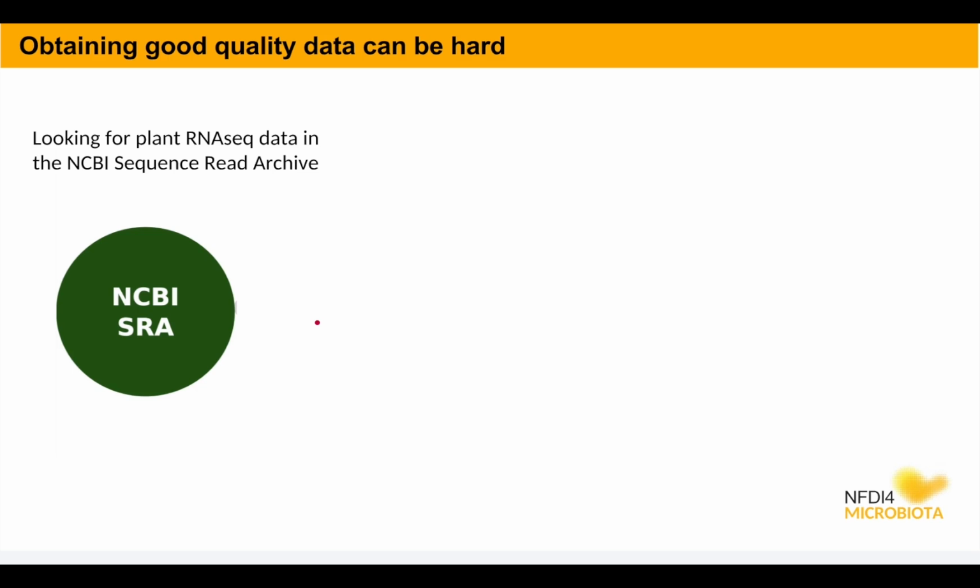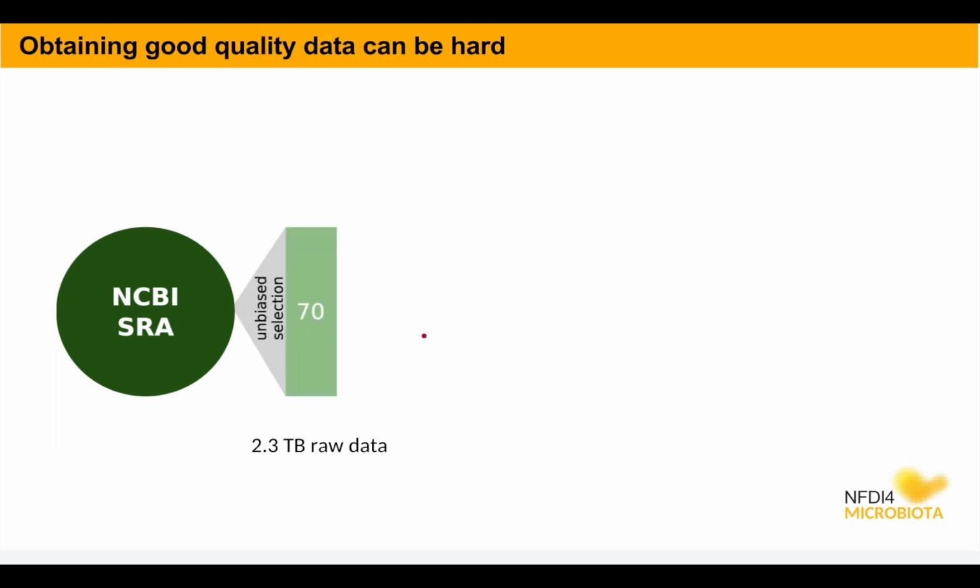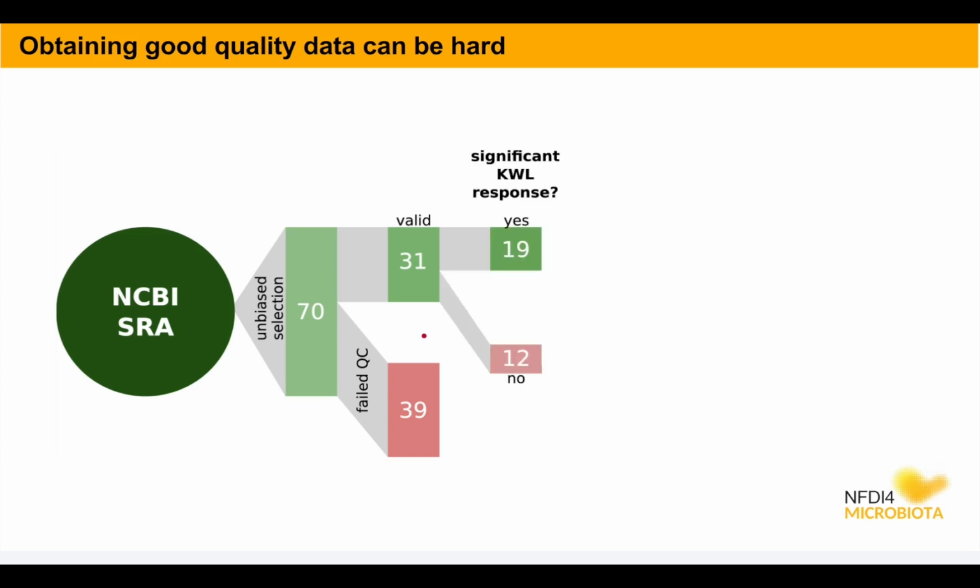It's a huge archive. It has tons and tons of sequencing data, and by going through it, he found 70 data sets with about 2 terabytes of data that would fit his needs for his analysis. But already after the first quality check, more than half of this was unusable. And this was not for scientific reasons, because it was not what we wanted, but for unscientific reasons, as we would call it. Because in the end, only the 31 that were left, did he check for